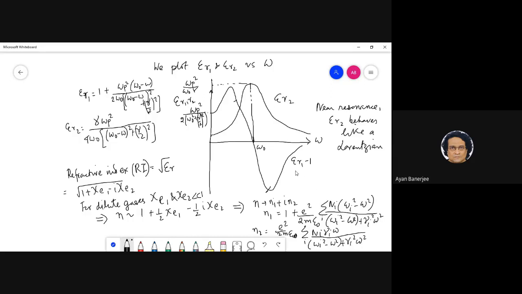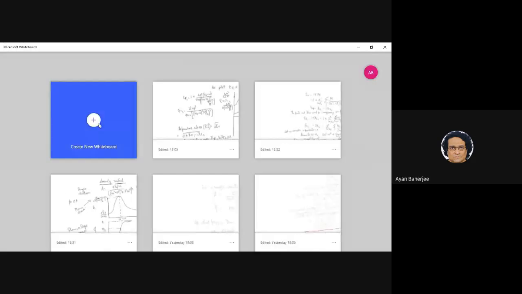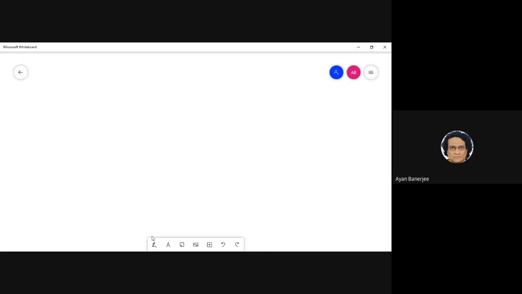So I can basically write the same thing as n1 minus 1 and this as n2, right? Now comes the really interesting question, because what is the role of n1 and n2 is basically what we need to understand. Some things I will write down which you need to just verify for tomorrow's next class. That is,